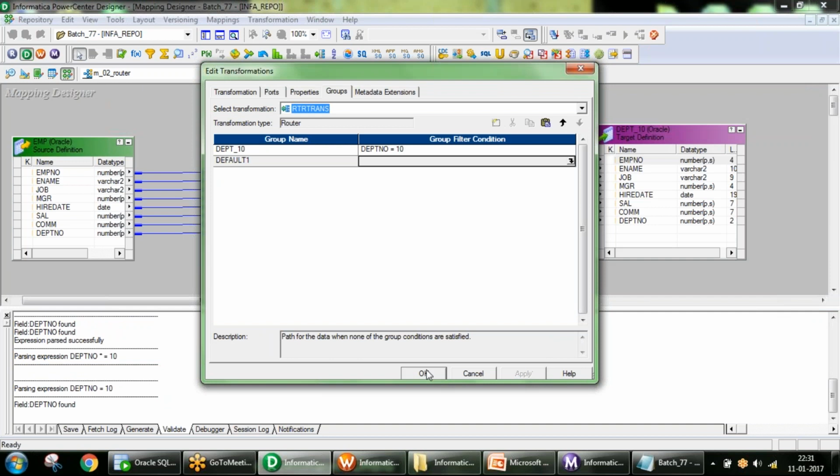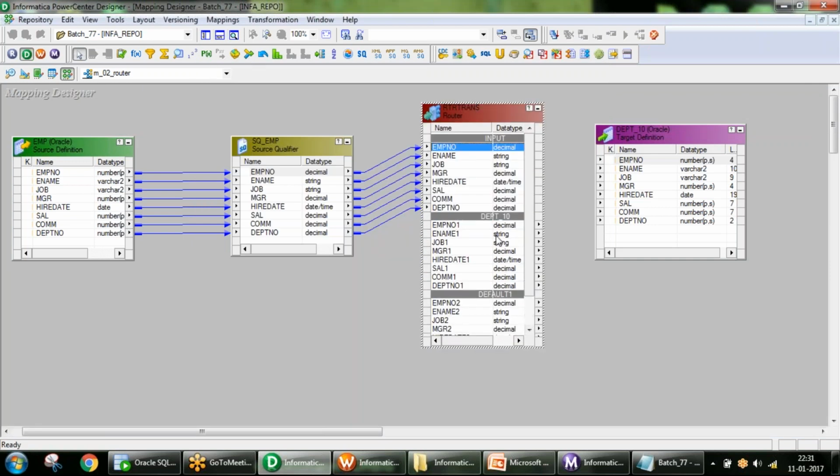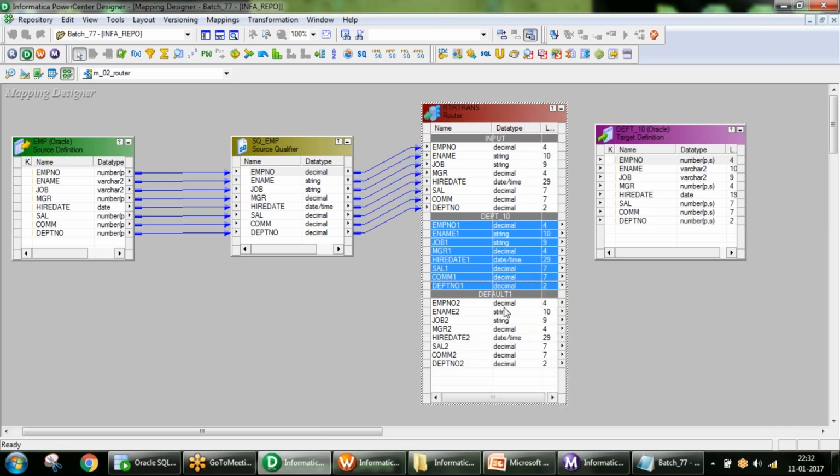Validate, apply, okay. If you see your target table, I have created only a single group, and for this group the condition we have provided is DEPT equal to 10. By default it is creating a default group for you.